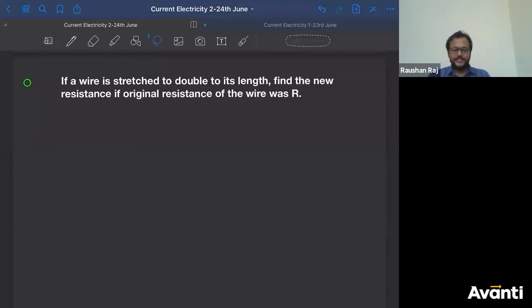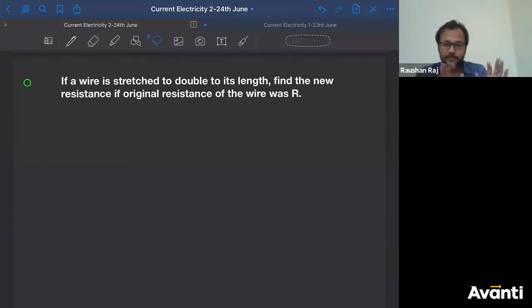Guys, if you are stretching a wire, yes Ganesh, correct. If you are increasing the length by stretching it, do you think area will remain same? Tell me the reason na. Those who are considering this double ho gaya, to like R is equal to rho L by A, so L will be double, so R will be 2 into R. If you increase its length, its area will decrease. All right, you are stretching it.